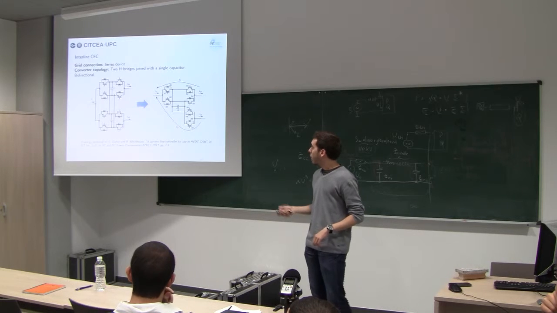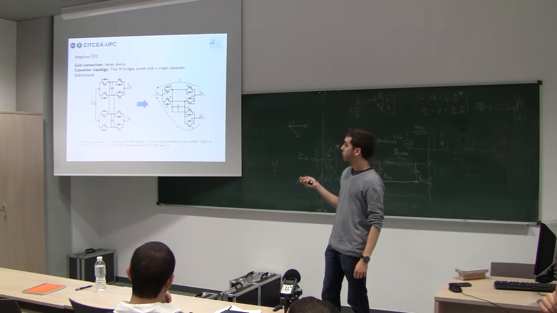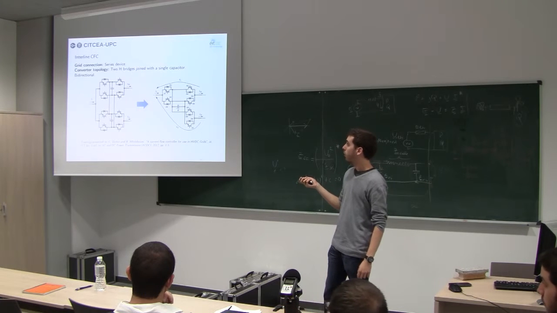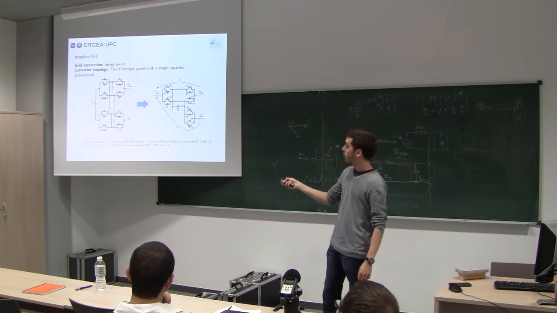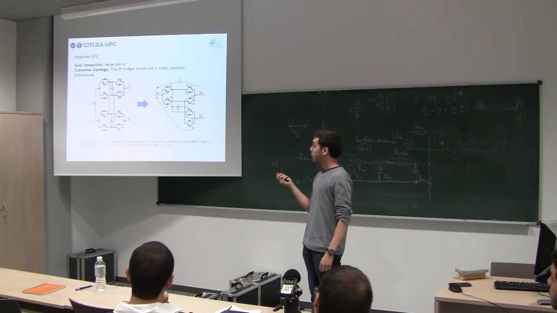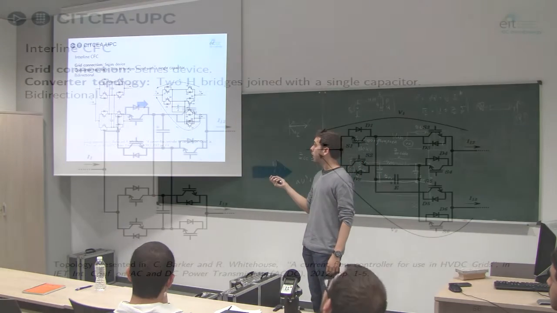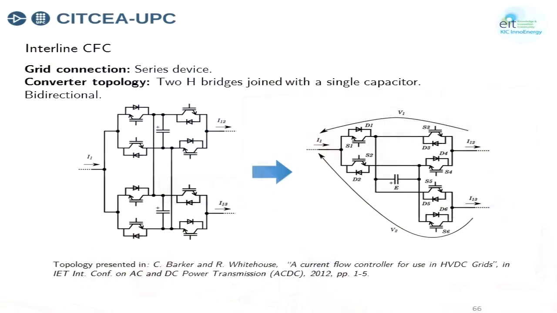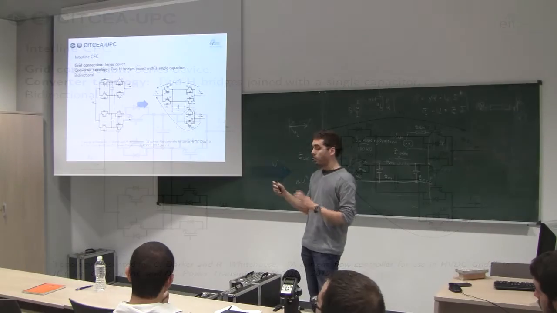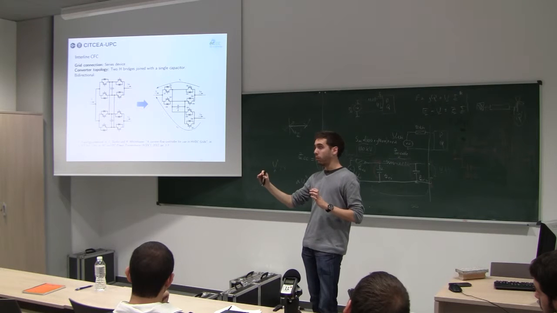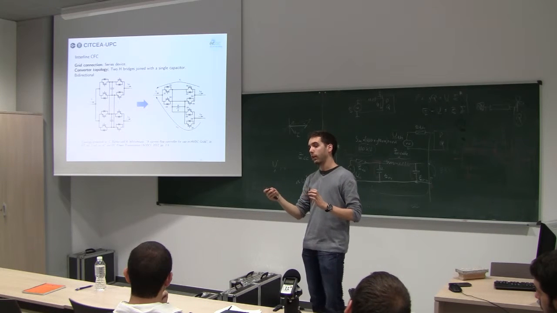Here we are showing a specific topology of a current flow controller that Alstom Grid presented. You can see this is the scheme of the converter. In this case, it is a 2 H-bridge converter joined in the middle, and in the middle we have a capacitor. So this converter is extracting power from one line, and it is feeding the other line with that power using the capacitor in the middle, which is this one. And it applies positive and negative voltage into those lines,